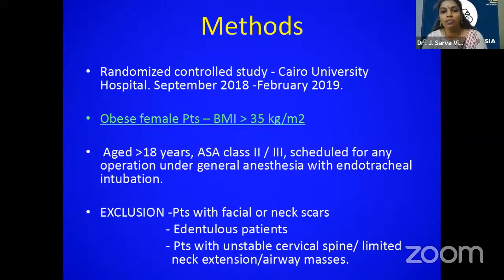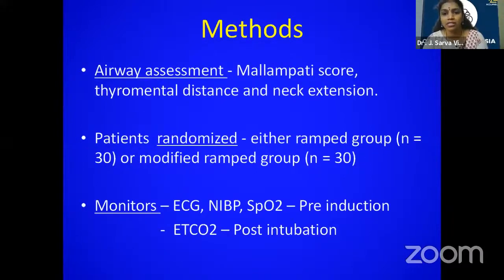It was done in obese female patients with a BMI of more than 35 kg per meter square, and those patients who had a limited neck extension, or those who were edentulous, and those who had facial or neck scars were excluded from the study. All the patients underwent a preliminary airway assessment using the Mallampati grading, thyromental distance, and neck extension measurement, and the patients were randomized into two groups, either ramped group or a modified group. There were totally 60 patients, so 30 patients in each group were randomly allotted,